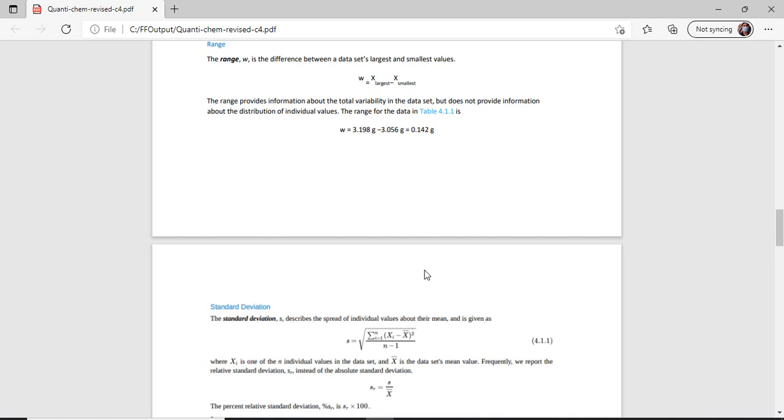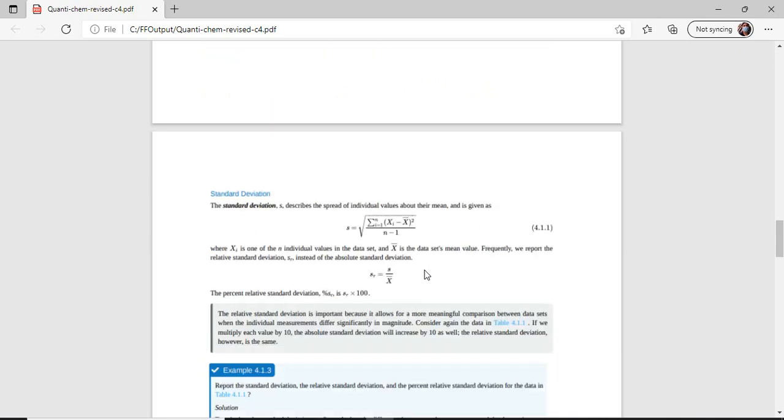Now, for our standard deviation. Standard deviation is quite complicated if you don't know how to read the formula. For standard deviation, the symbol is a small letter s. It describes the spread of individual values about their mean and is given as, you have here a total,